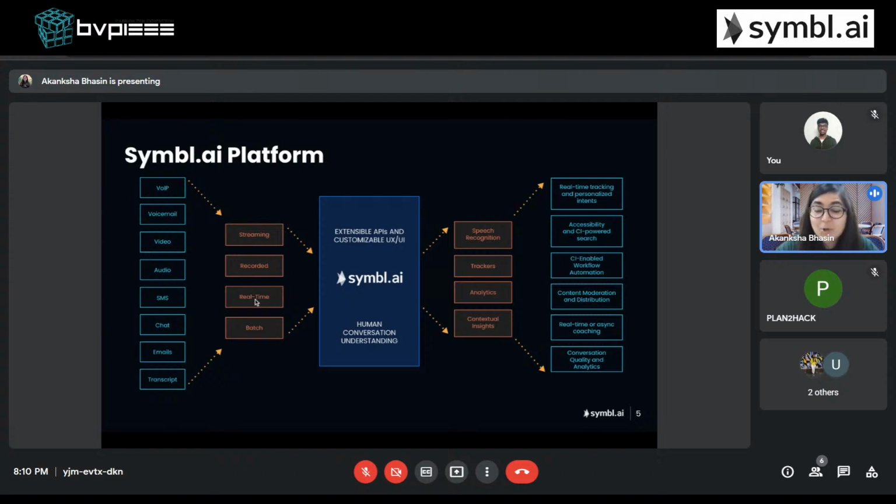Like let's say I am talking with you right now, and maybe adding Symbl.ai in the Google Meet, and at the end we can get the whole summary, the sentiments, and everything, and in the form of batch as well. So these are further processed. You could think of it like this is the brain where all the APIs of Symbl.ai work and all the processing and analyzing happens. Now after all the processing, we get some results. We get speech recognition, trackers, analytics, contextual insights. All these are fed by the conversation API which brings in all the results.